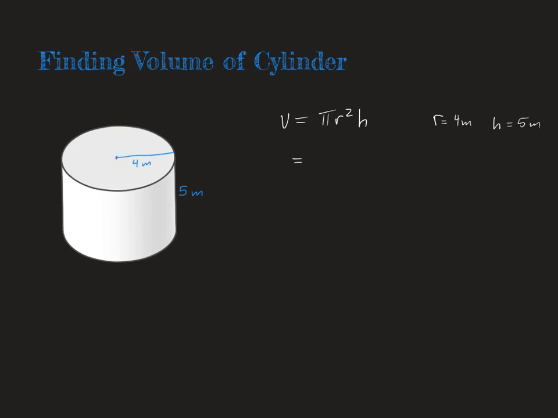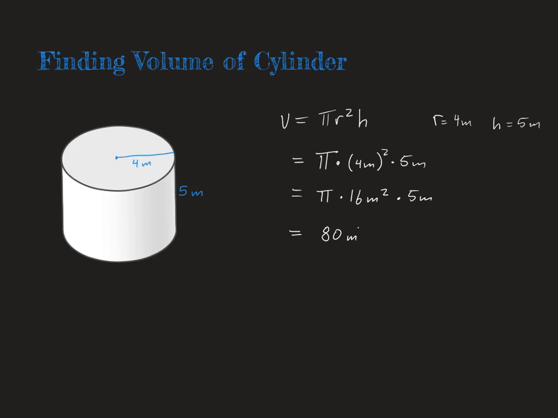So we're going to plug in the numbers. We have pi times 4 meters squared times 5 meters. So let's start with order of operations. 4 times 4, that's going to give you 16 meters squared times 5 meters. When you multiply 16 times 5, you get 80